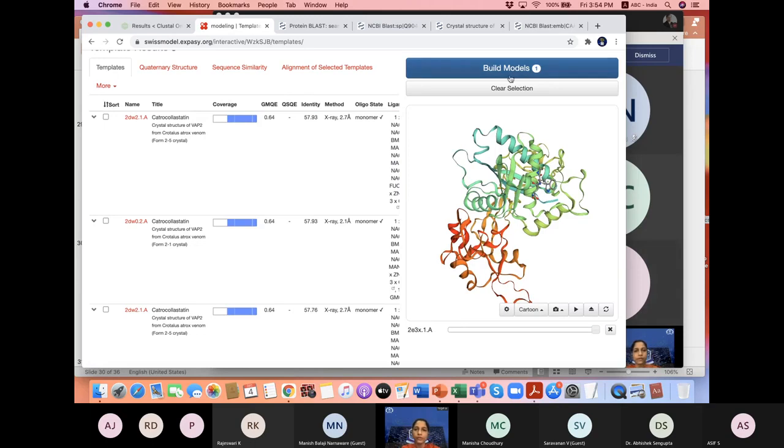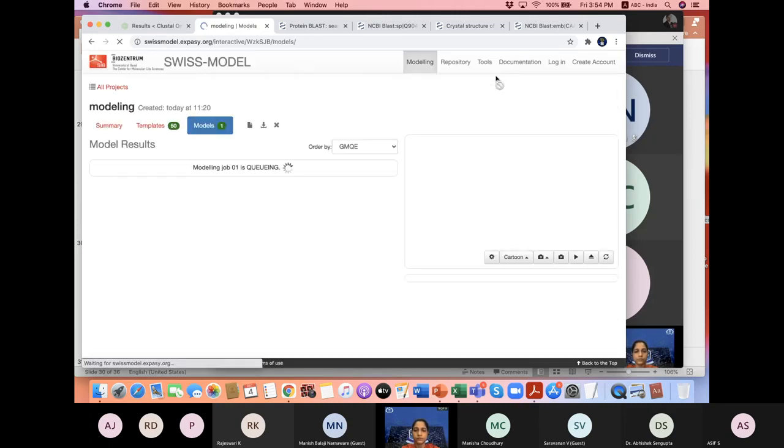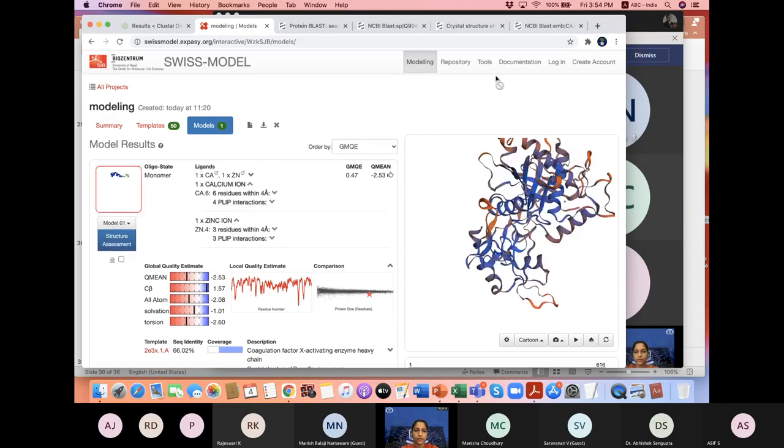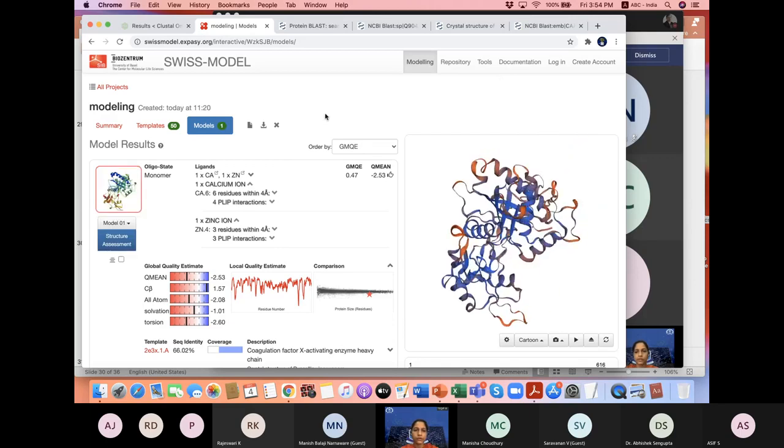So now we have selected our template and we just can say build model. So it is running, and now we have generated a model.